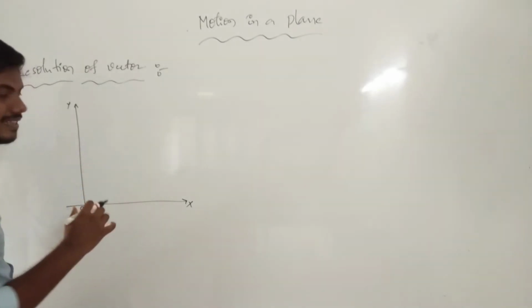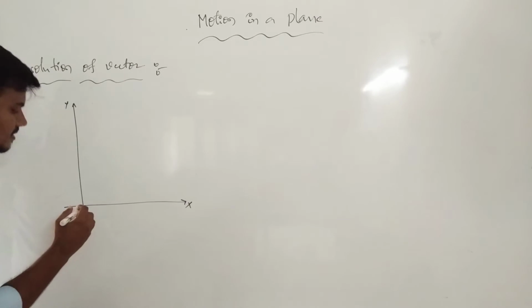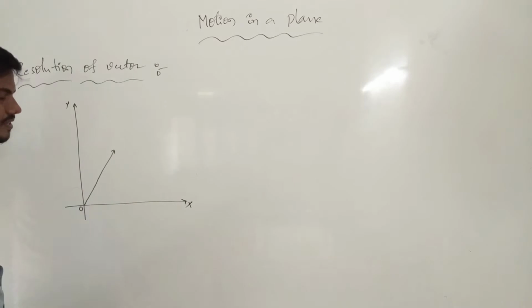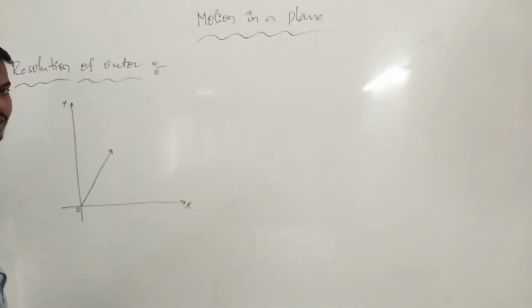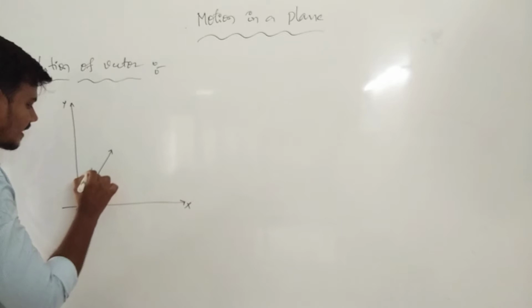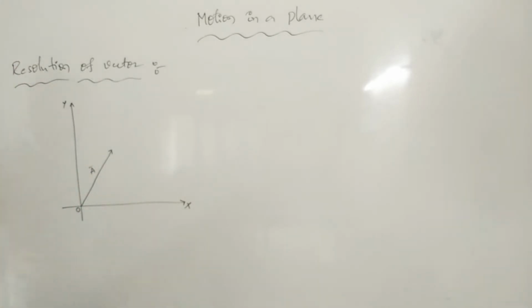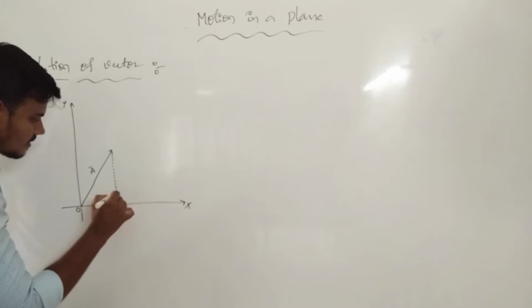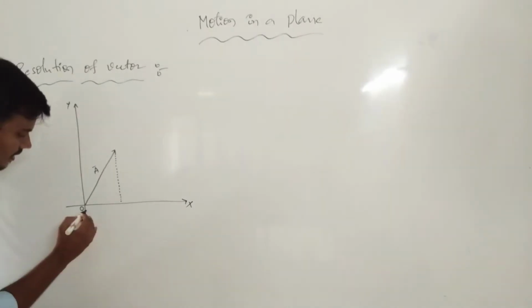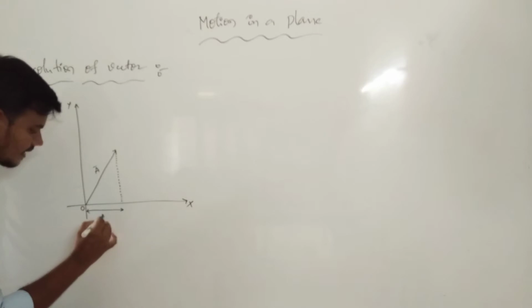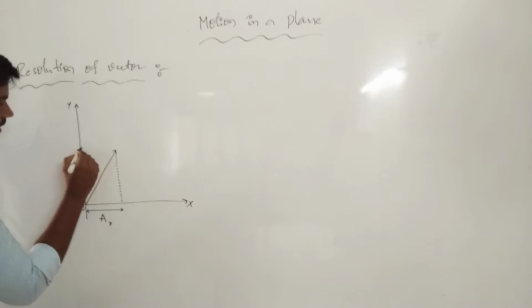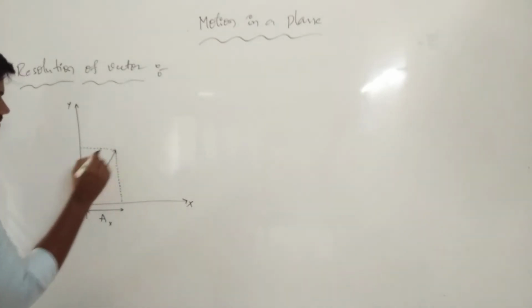We take the graphical position, the diagonal from the origin point. This is the diagonal, and this one is the resultant, which we call vector A bar. Now we join lines to the x-axis. This is the first one, and this point is known as Ax for the x-axis. Again we do the same at the y-axis.